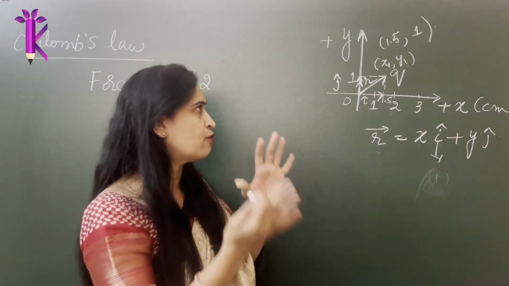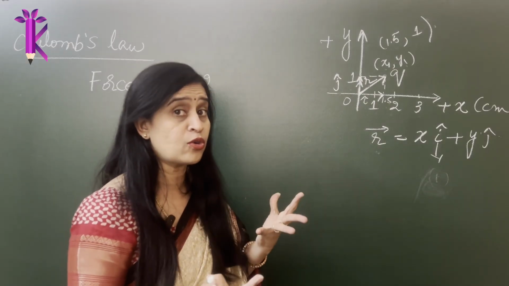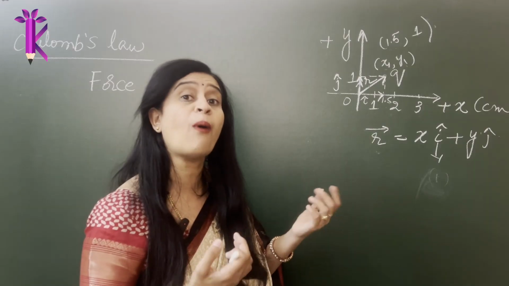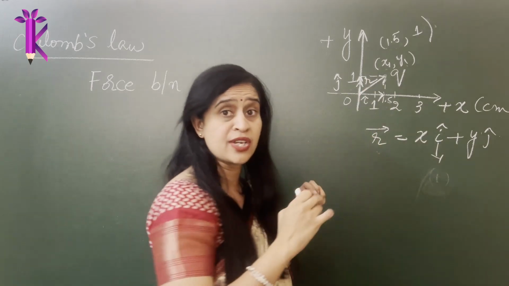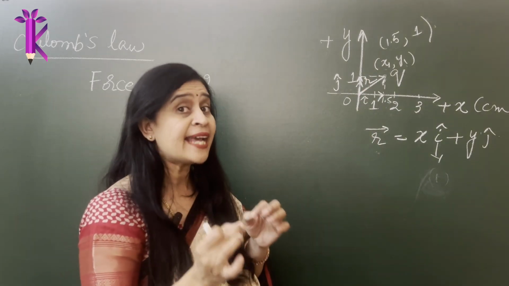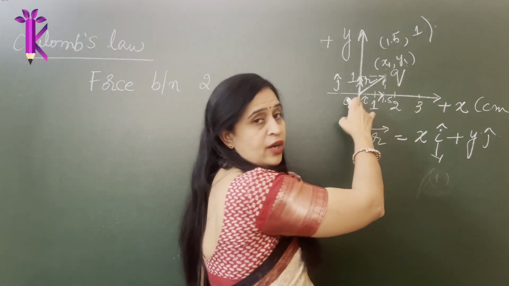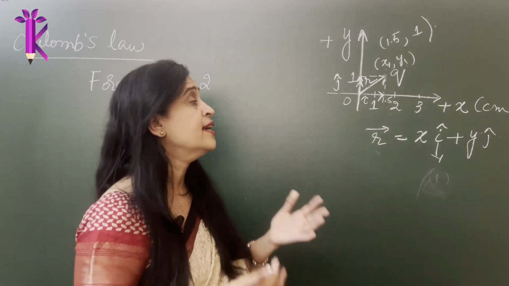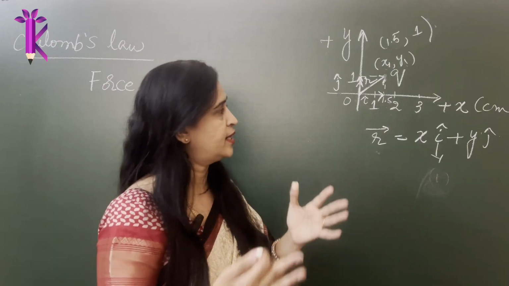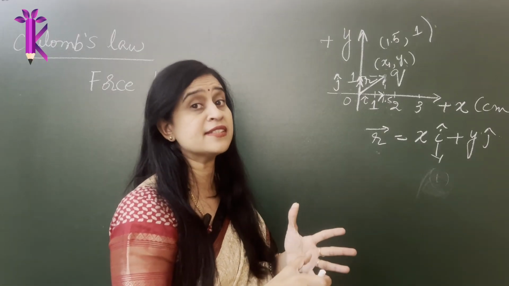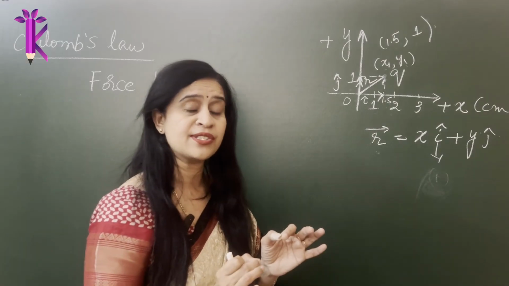So the whole point of introducing this here is I wanted to bring to your notice that we are basically referring to something called point charges. So why do I call it a point charge? I can refer to this charge q as a point charge if the size or the magnitude of the charge is very much negligible compared to the distance from the origin or from the x and the y axis. So if r is greater than the magnitude of the charge, if you convert them into the same units, in comparison, if the distance is greater than the magnitude of the charge itself, you treat such charges as point charges.